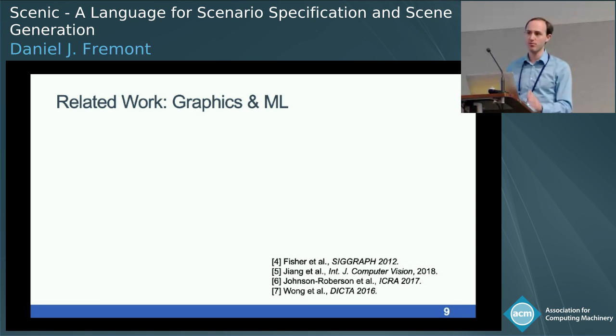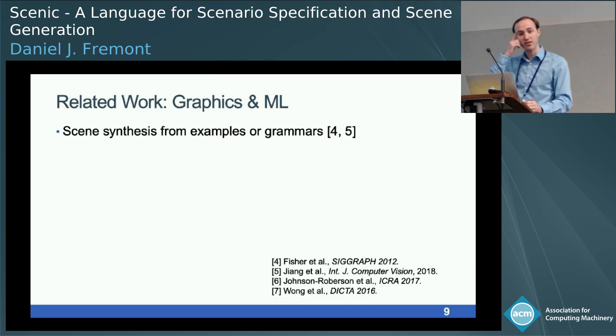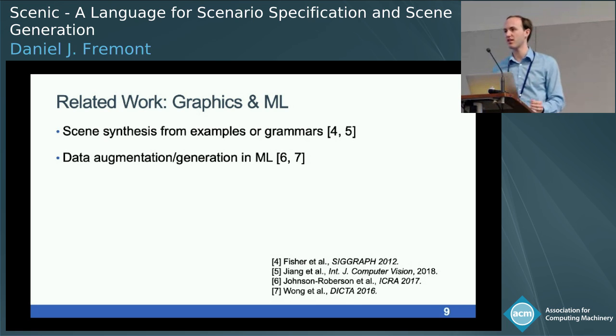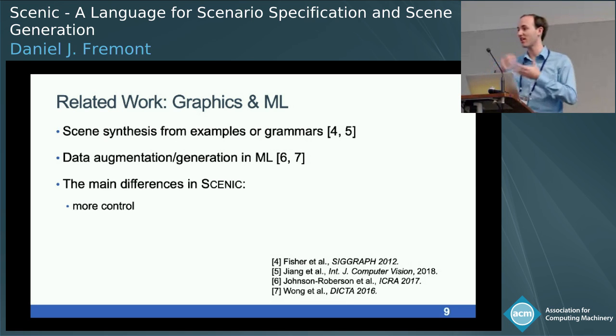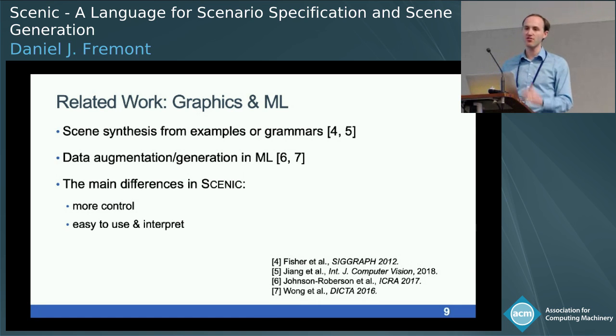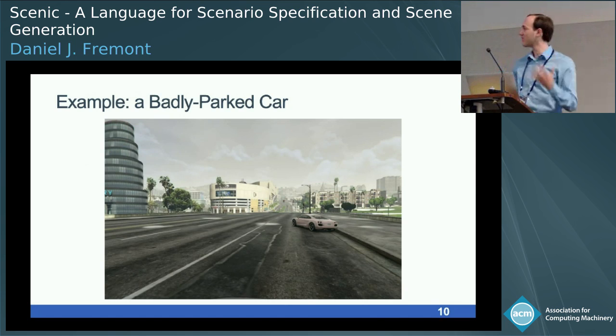There's also related work on the computer graphics and ML side. So on graphics, there's work on scene synthesis from examples or from grammars. And on the ML side, work in data augmentation and generation, like GANs. The main differences with Scenic are that you have more control. You're not just giving a set of examples. What the programming language really allows you is you can say, these features should remain fixed, these should vary in this prescribed way. So you have total control versus just giving a set of examples. It's also easier to use than writing a grammar, we would argue, and you can interpret it. Unlike a GAN, where you have no idea what distribution it's coming up with, here you know exactly what the distribution is. So, as I said, there's a formal semantics and syntax specified in the paper,